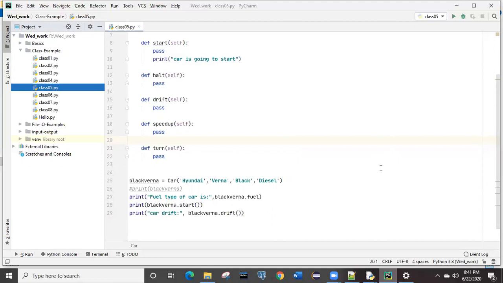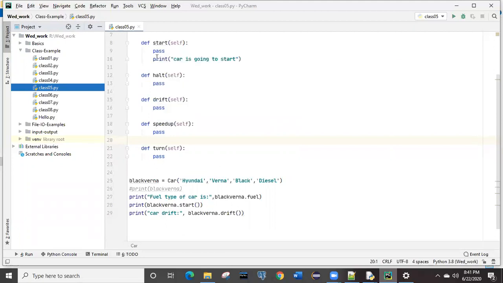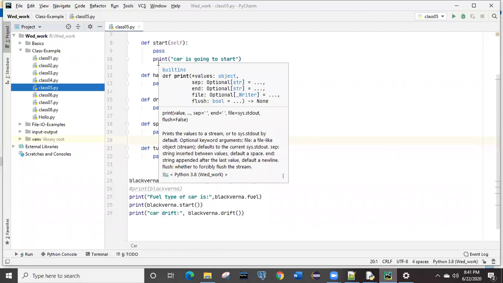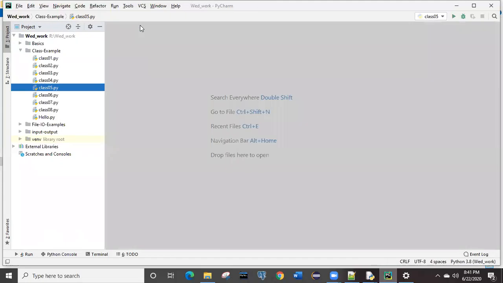If you are keeping pass before any line, after any line, and instead of one line only, you can put 4-5 lines and in between that you can put pass. Just see the output, how the output you are getting. I think it's not difficult, but it's a little bit lengthy process.